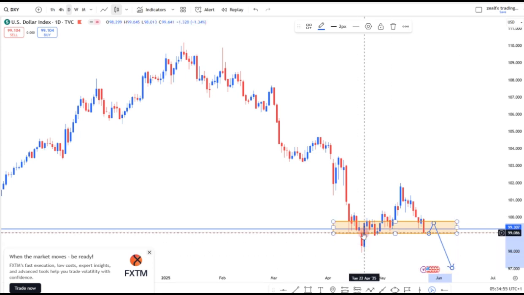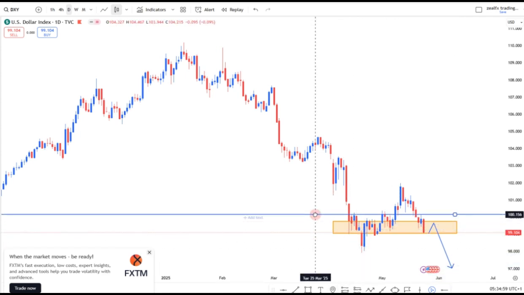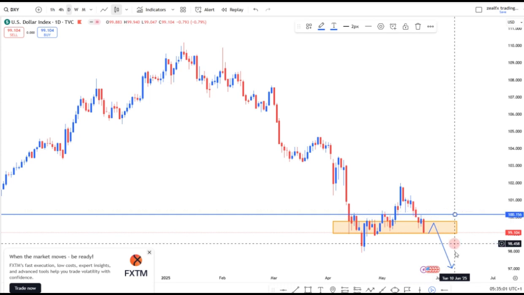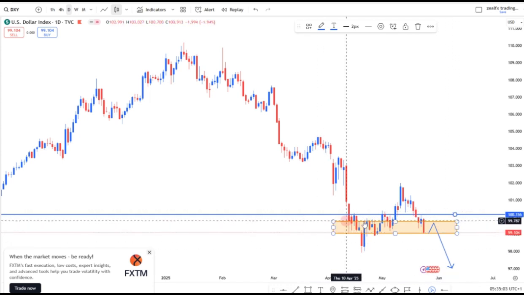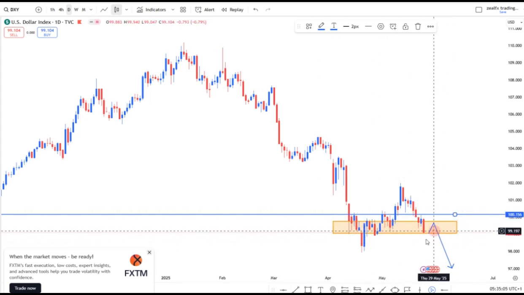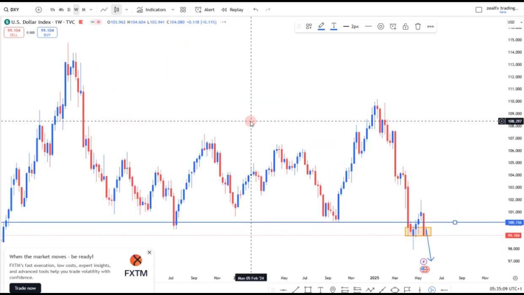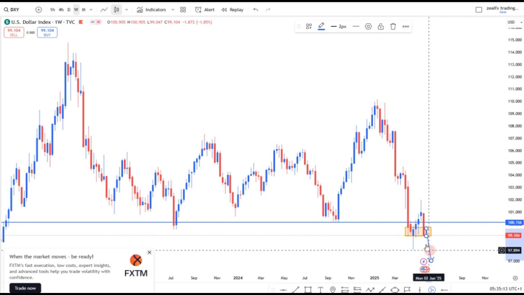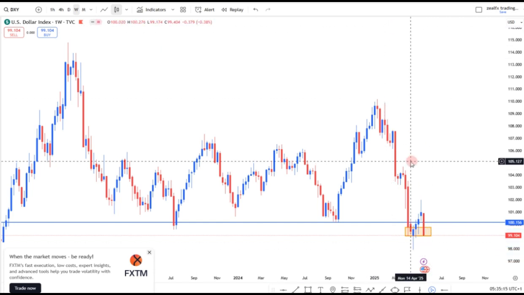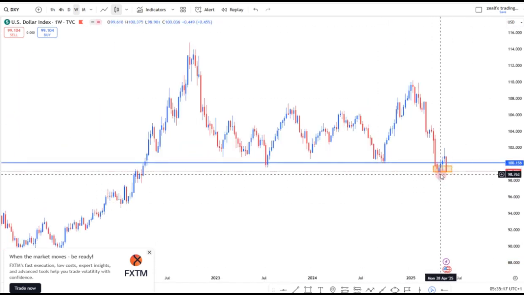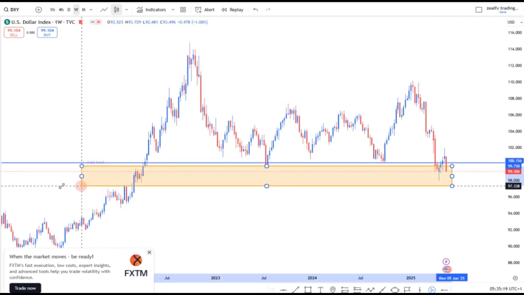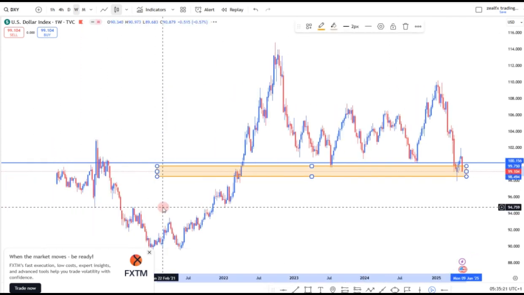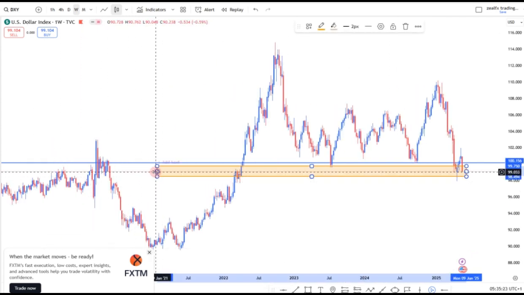So long as we have a support at this level and we also have a resistance at this area, price might retest this resistance before we see any sell opportunity for the dollar index. So let's look at the weekly chart of the dollar index. On my weekly chart, price also closed on a support on the dollar index. You can see that price closed on this long-term support level. So long as we have price on the support level on the dollar index, we might be expecting price to pull back to